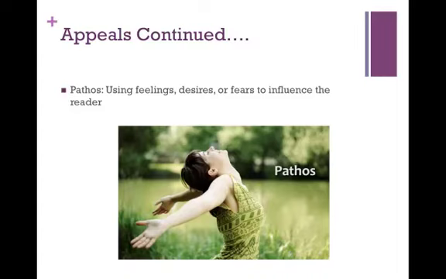And finally, there's pathos. Pathos is an appeal to your emotions, and these emotions could be happy, sad, pain, enjoyment. The list could go on forever. You have to figure out what emotions the author is using to appeal to you, and analyze why and how this appeal is used.